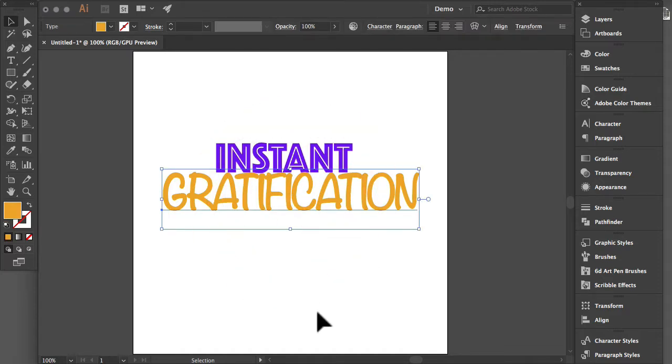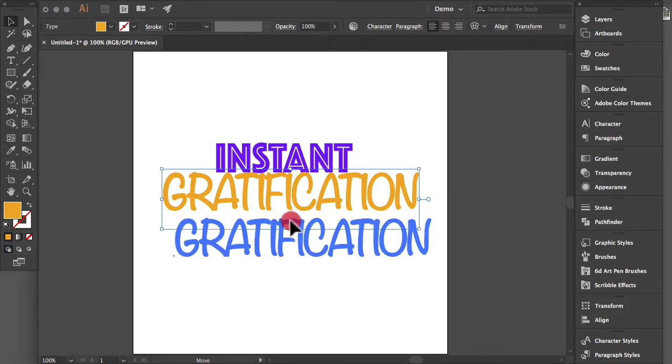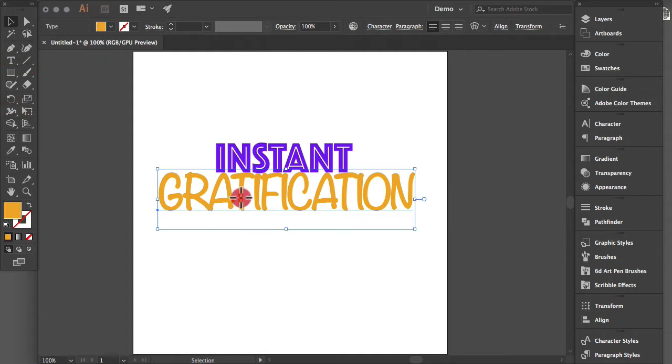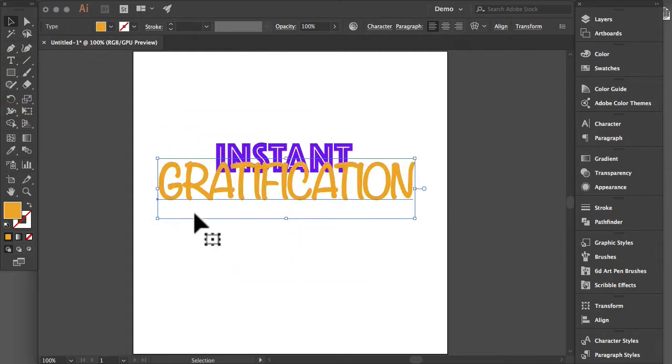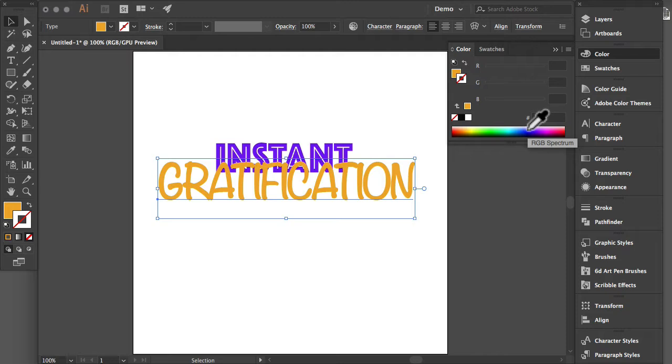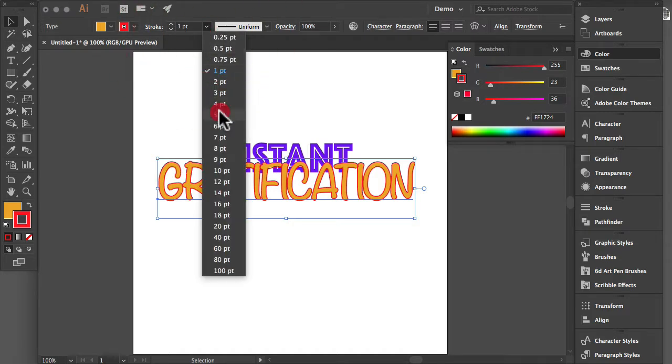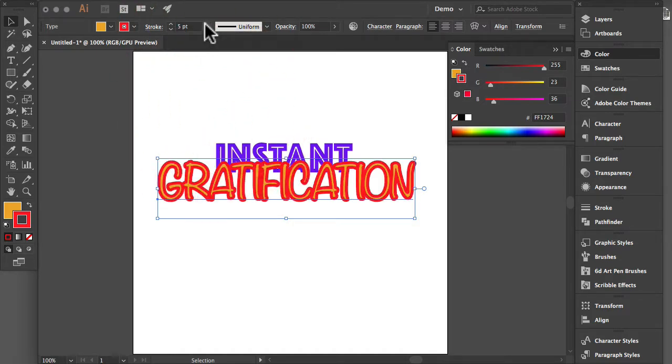Okay, so here we have a piece of text. And as long as it's just a plain old block of text, you could still edit it, make changes, and so on. If you want to make any alterations to this, there's very few things you can do while it maintains being text. For example, you can put a stroke on it. Let's put an orange stroke on it. And then that stroke can get larger. We can play around with a 5-point stroke. So there's some cool things you can do with that,